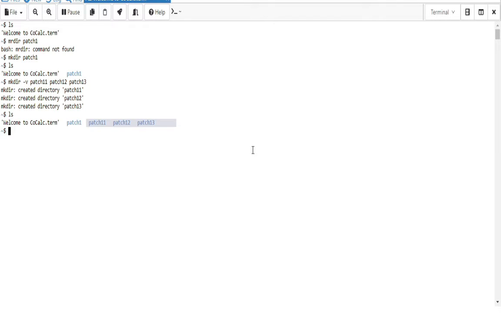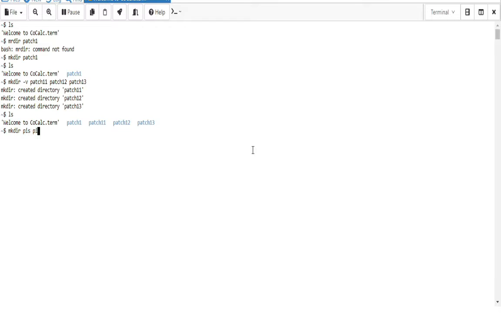Then next, we are able to create the directories in a directory format, so subdirectories will be created there. For that, mkdir, then here pis is my main folder.